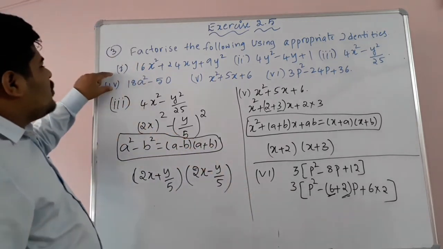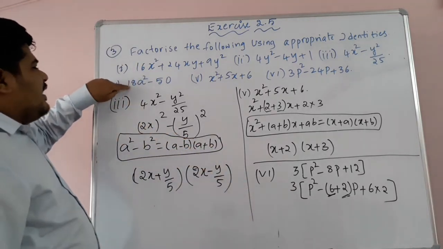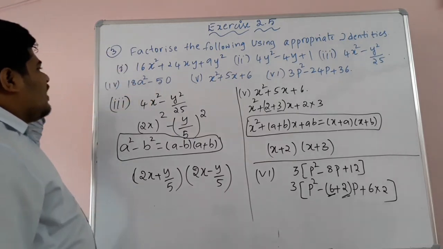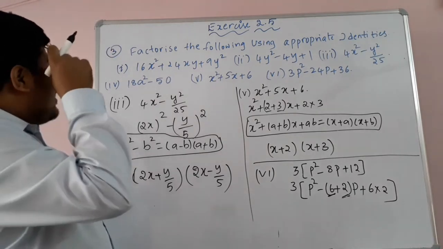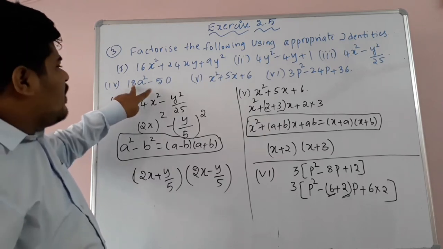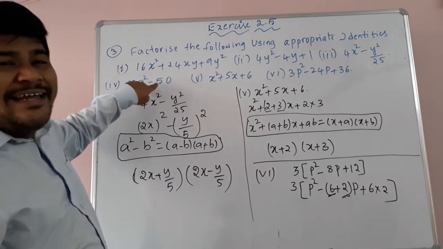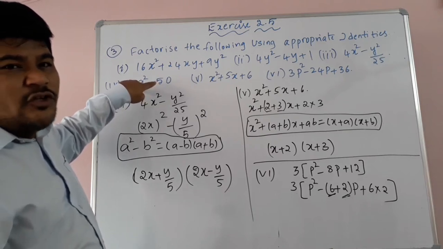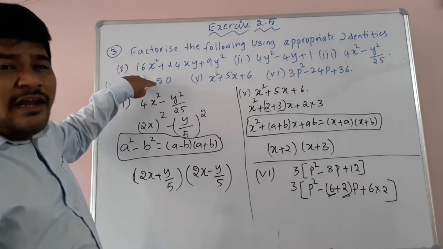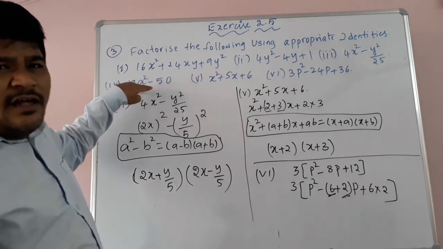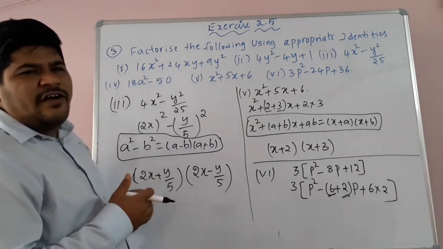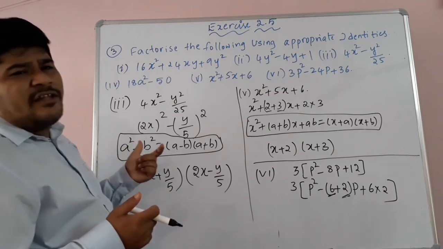And even if you see this fourth problem, 18a square minus 50 is there, children. So here you cannot write this 18 or 50 in complete square form. So what we need to do, children, is just take 2 common from these 2 terms. Take 2 common, what you will get? 2 bracket of 9a square minus 25. So 9a square can be written as (3a) whole square, minus 25 can be written as 5 square. Sorry, 2 is there now outside. So 2 is one factor. 2 bracket of (3a) whole square minus 5 square.